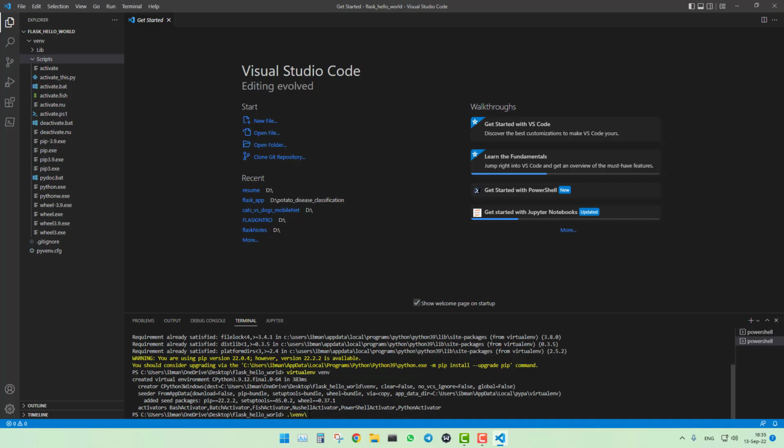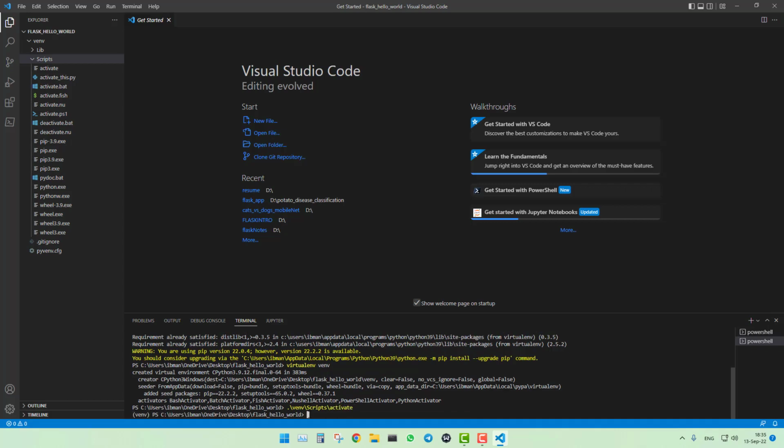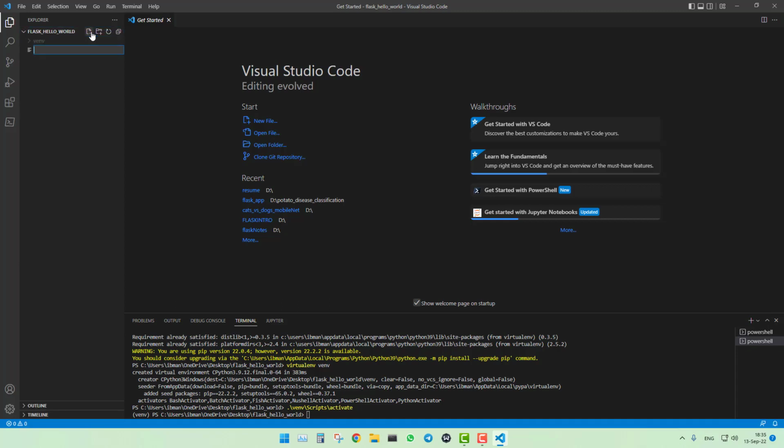venv scripts activate, and there it is. You can see venv is activated. Okay, let's create our Python file. Let's call it app.py,